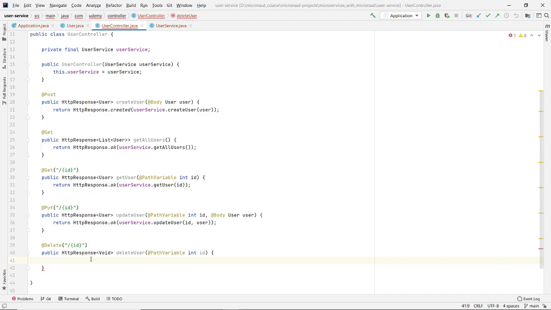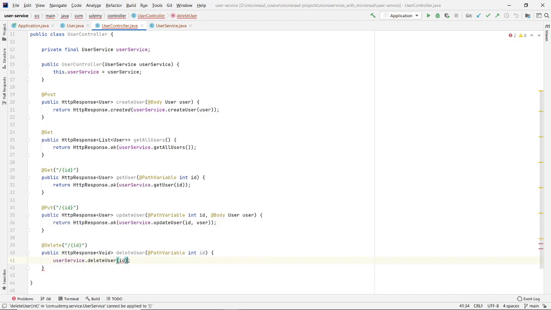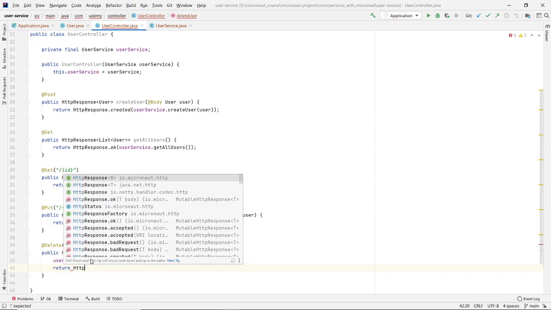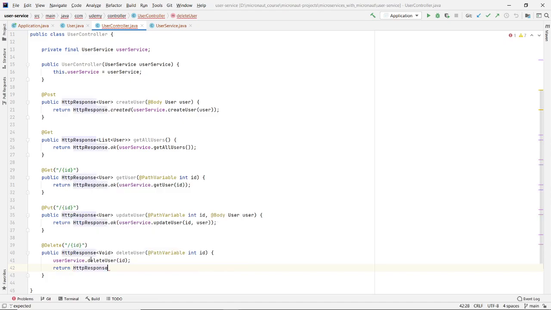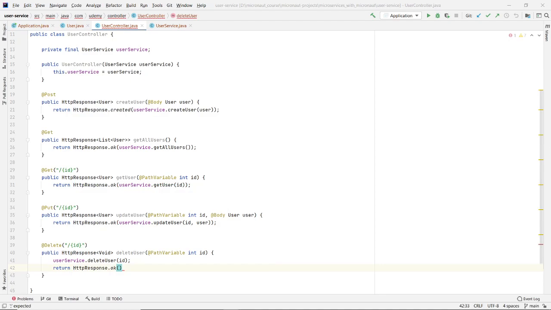Now we will call this method of user service dot delete user, will pass the ID, and now return the HTTP response as OK dot OK without any body. We can return it.